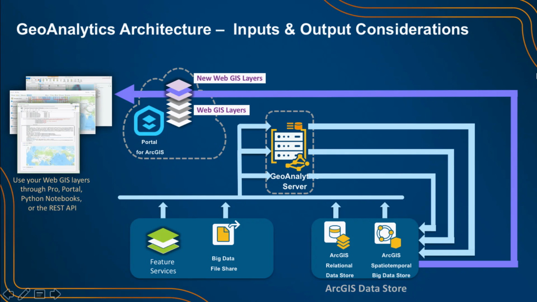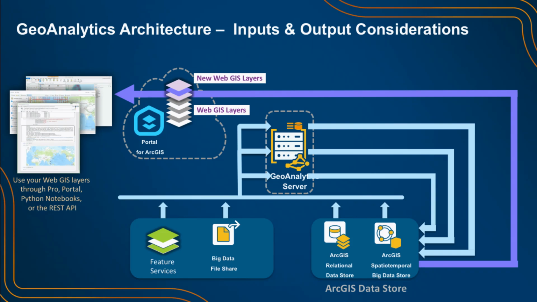When the data is from a hosted feature service that is on your own portal, GeoAnalytics Server is able to read the data directly from the database. And that performs better compared to feature services that come from other servers, where the data has to be downloaded